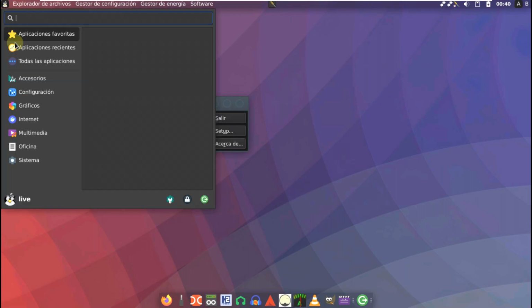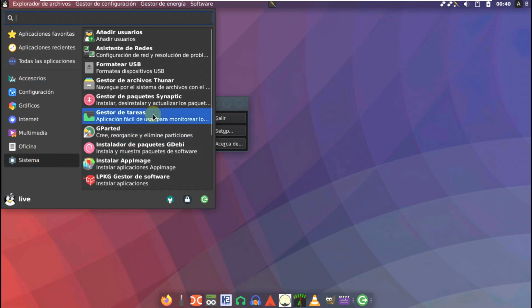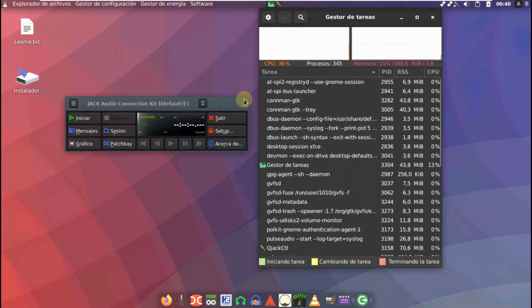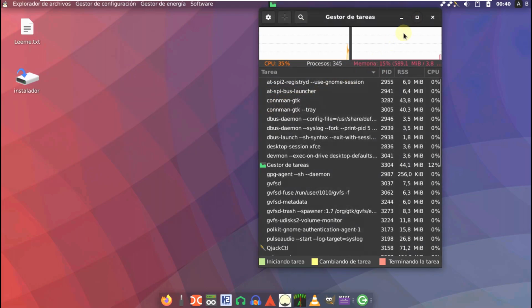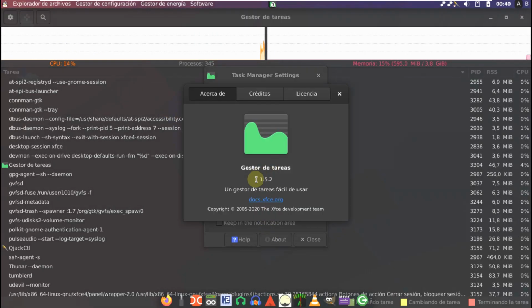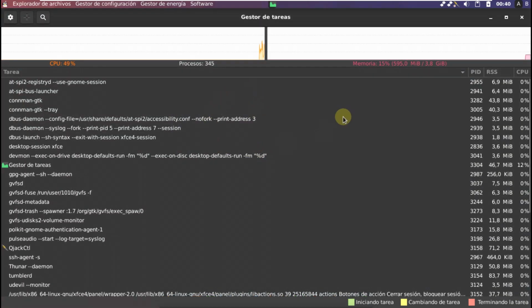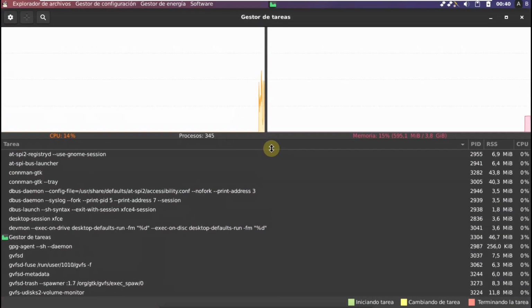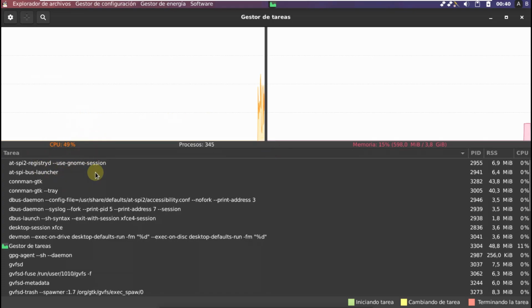So let's open the system monitor if it's available in here. It's a system monitor. Let's first close the JACK Audio Connection Kit because we don't need it. Let's check the about, 1.5.2. And here is the task manager. As you can see, CPU is going almost 50%. There is a high peak here, and memory is around 600 MB because Xfce is a lightweight desktop environment,